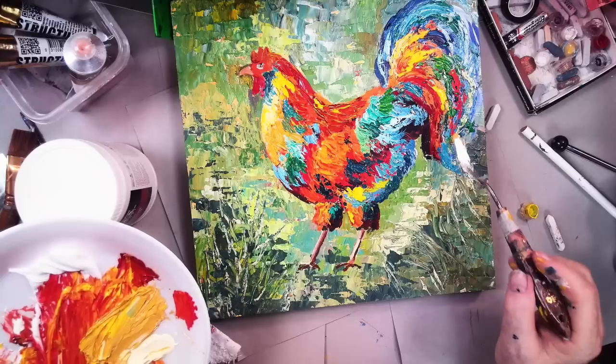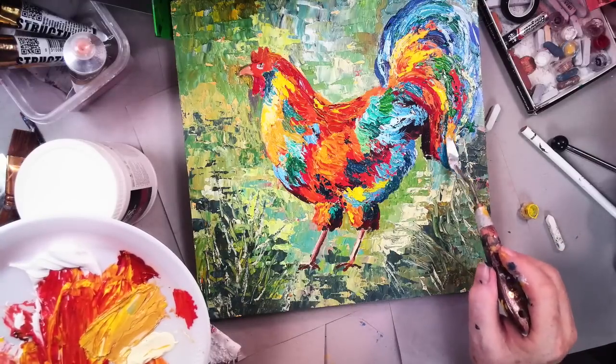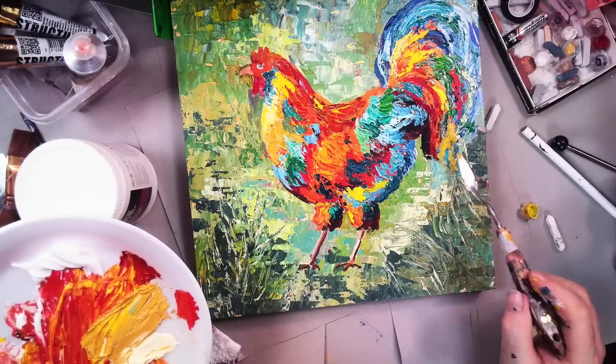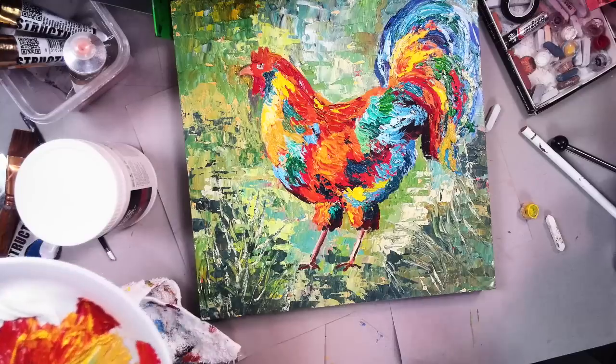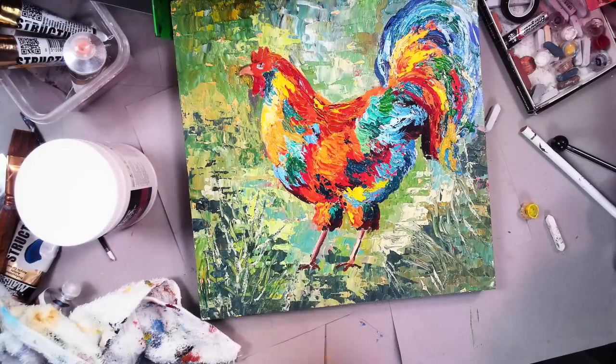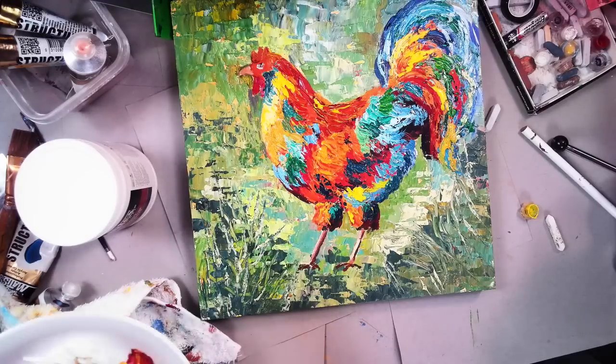That would be nice back in here too. I think we could have a little bit in the tail. A little yellow oxide in the tail. I probably should just stop and dry some of this. Okay. And then at this point too, remember we did some little